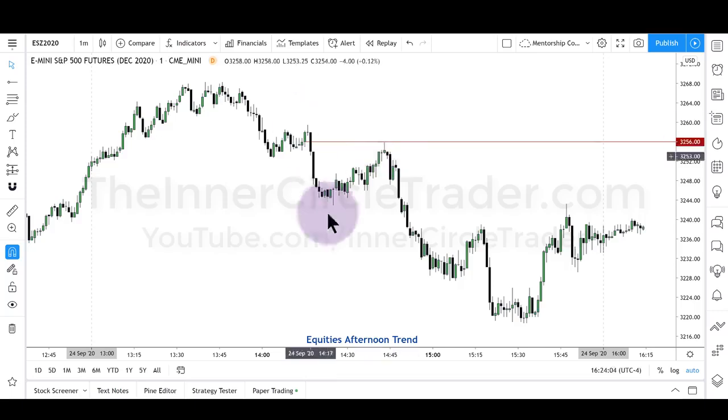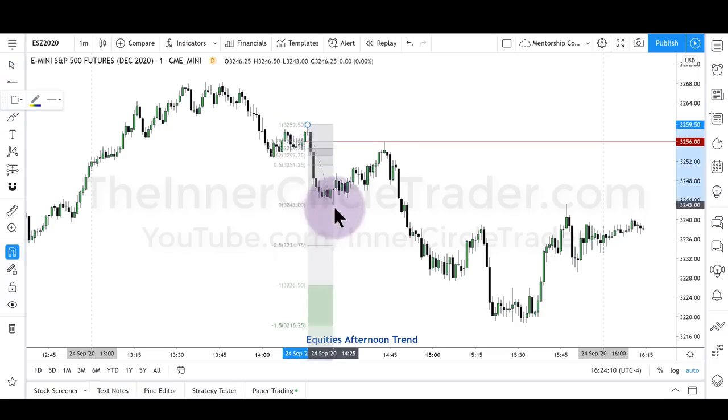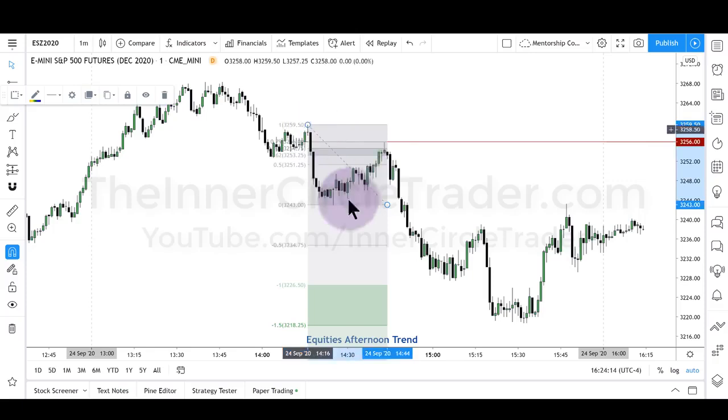So we have an optimal trade entry in here. So if we add a fib to that, just to give you the idea of what we're looking for, the bodies stay inside of optimal trade entry, and the 79% retracement level caps the top. Perfect delivery. The market then breaks down. So how can we get a target? Well, you can get a target with this fib, or you can look at the overall